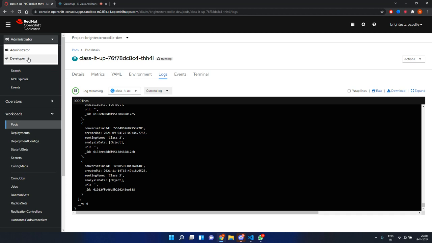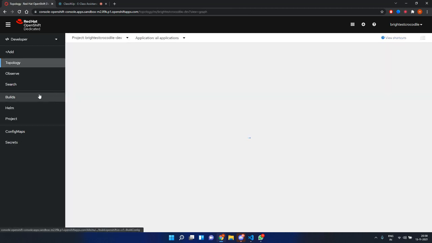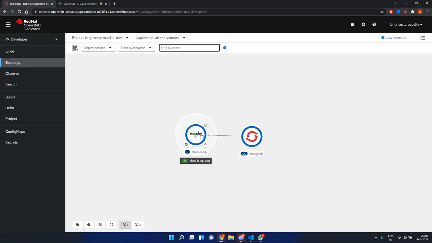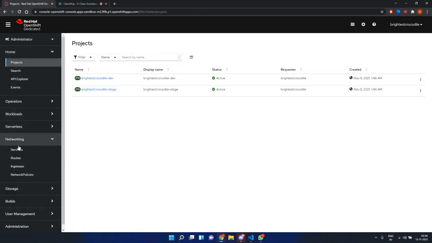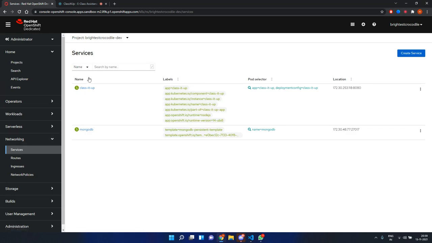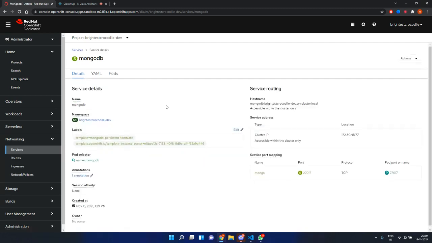And not only have we got the data, we have also implemented a MongoDB service here as well. If you see our topology, let me quickly load the topology. You can see that this is a classroom, and this is the main website, and this is a Mongo server, and the data is coming from here. If we go to the administrator part, and I go to the services that are there, then you can see that there's one class setup service, and then there's a MongoDB service, and the service is running currently. So that's all.